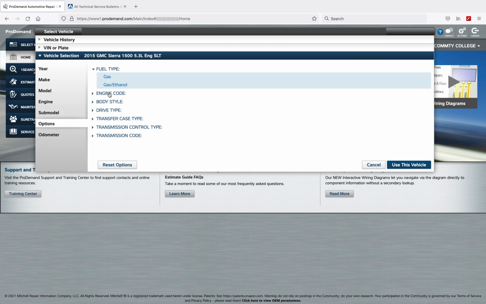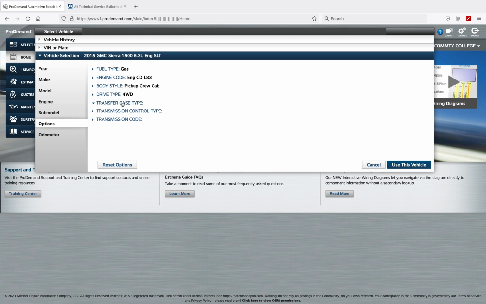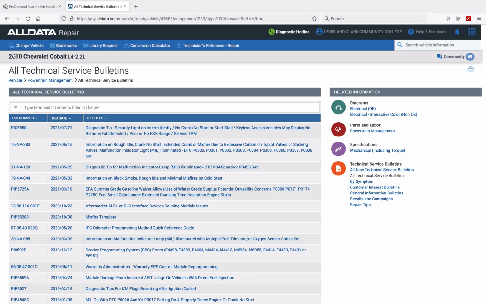It is an SLT option. It is just a gas vehicle. It is a crew cab. It is 4-wheel drive. It does have a 6L80, so all this is plugged in. I'm going to click Use this vehicle. Now this layout looks different. I'm going to pick the same vehicle over here,